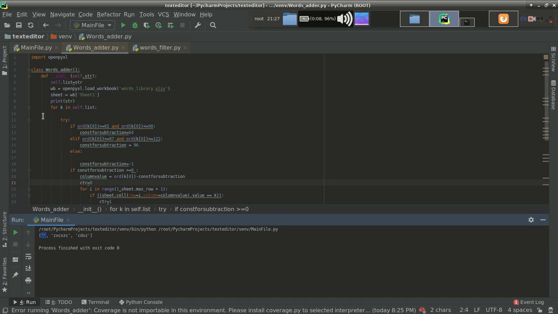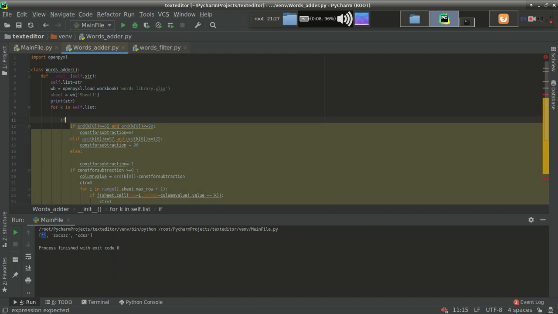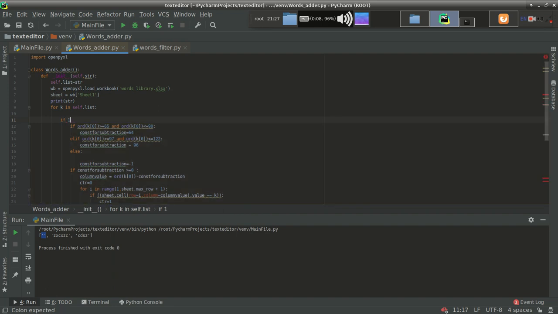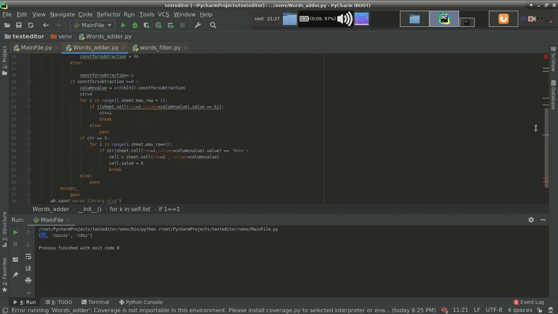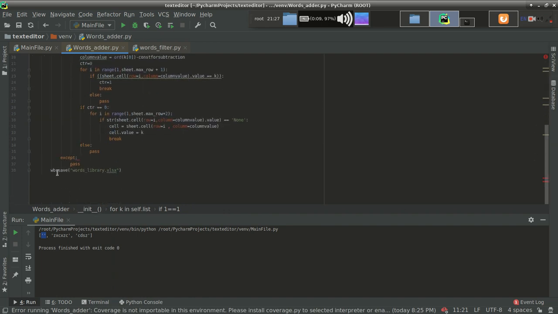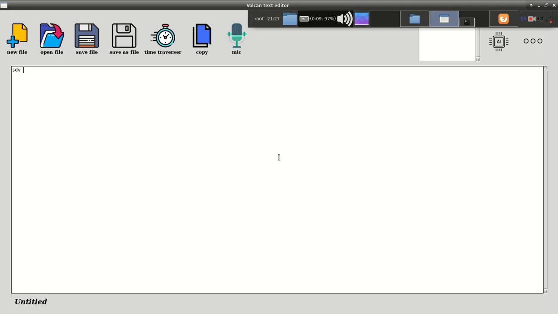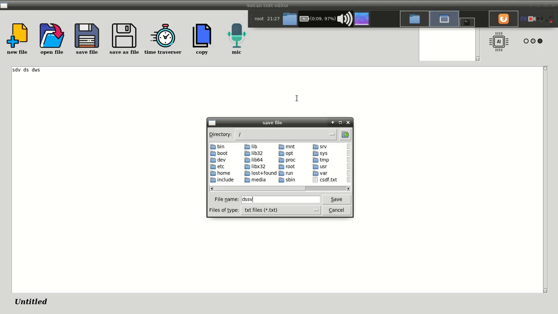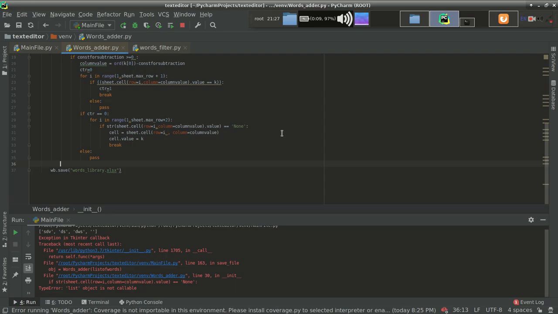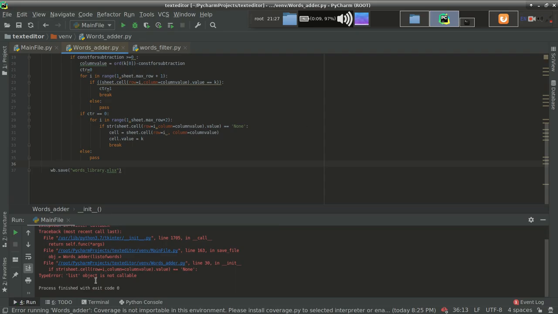So how do we do that? Let's understand. First of all, let's remove this try and use if 1 equal to 1. It means if we get any exception, then it will be thrown to us and we will catch the exception. So remove this except. There is no need to add this except right now. Now run this and verify the result. We have typed name, save. Guys, you can see that here it says list object is not callable. Why is it thrown? Let's see.